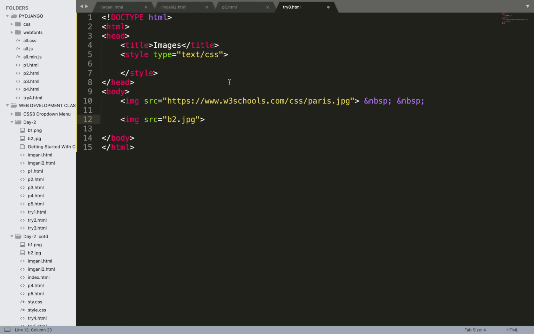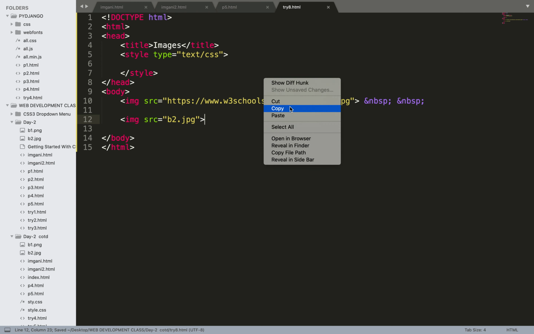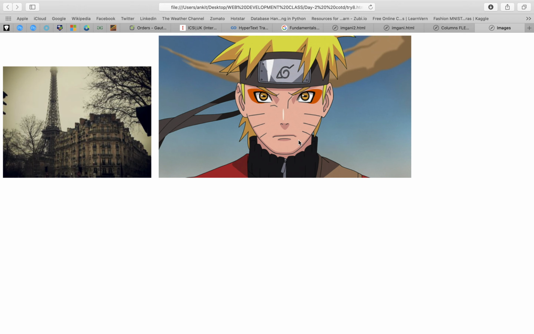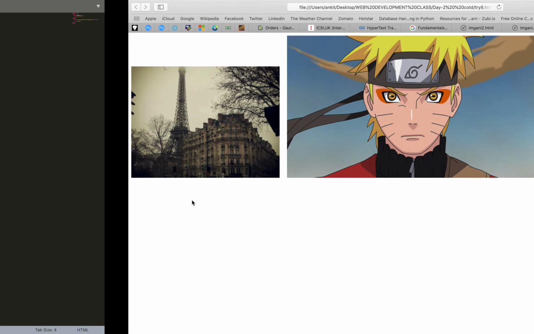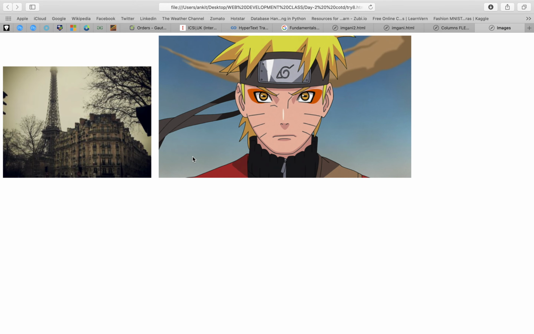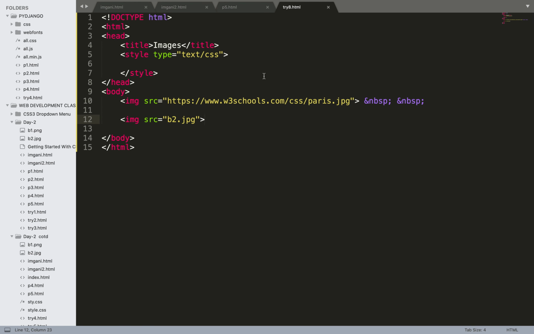So first of all, let us see our images. Open in browser. As you can see, these are two normal images, and without any border or so, these images look a bit odd. So what we'll be doing is adding some border, adding some shadows, and then we'll be applying some special effects. Well, not animation, these are image effects.